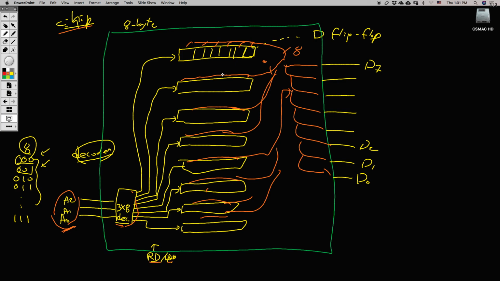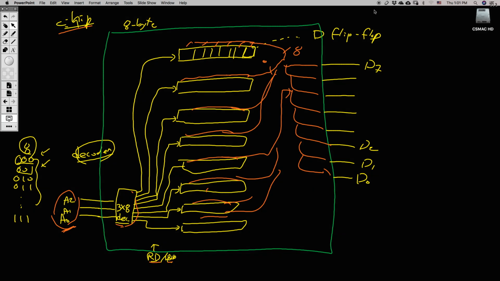So that's what we observe. We can easily extend this idea if a chip has more than 8 bytes, or 32 bytes, or 1 giga and so on. Then we can find how many address lines we need, how many data lines we need, and the like. So we will take a look into that in the next